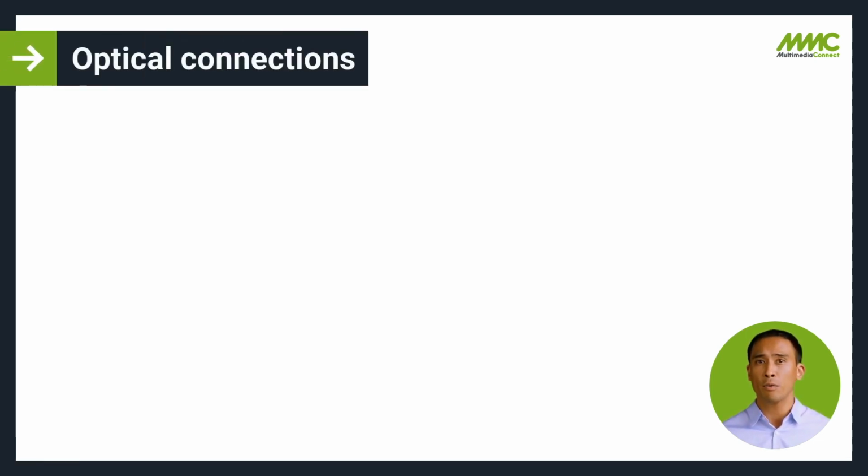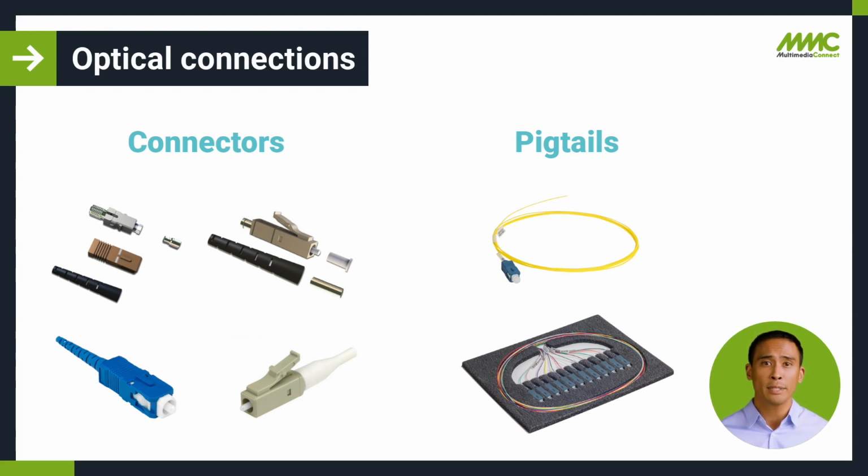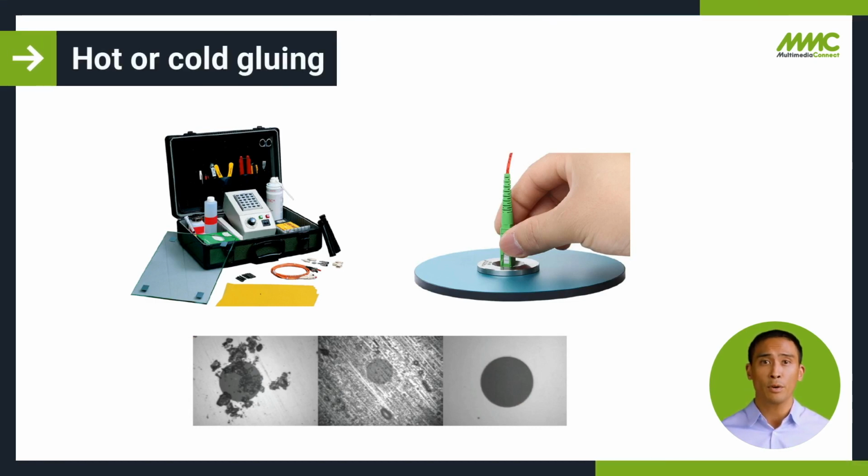We will review the different modes of connection for each connector. Two types of connectors exist: the single connectors that will be mounted directly on an optical strand, and the second type of connectors called pigtails. A pigtail is an optical strand that already has a connector. In its packaging by 6 or 12, each pigtail will have its own color corresponding to an optical strand. For single connectors, they will be hot or cold glued on an optical strand. Connections are made using polymerization. A mix of resin and activators is injected into the connector to glue the connector to the optical strand.